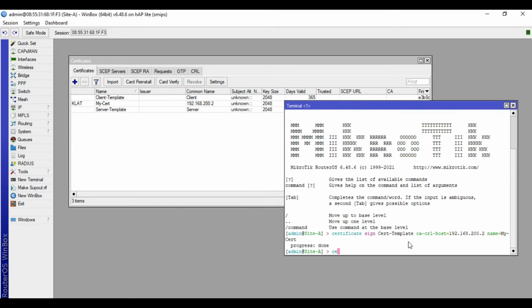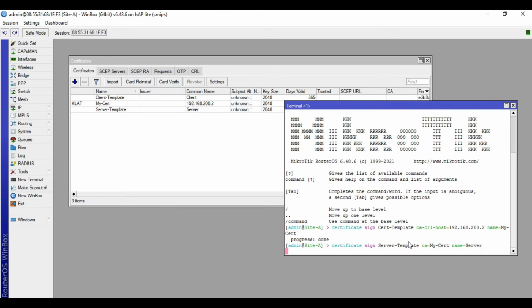So do it again, certificate, sign, then input here the certificate name, then put a CA equals my cert, and put a name. So I name this one server.